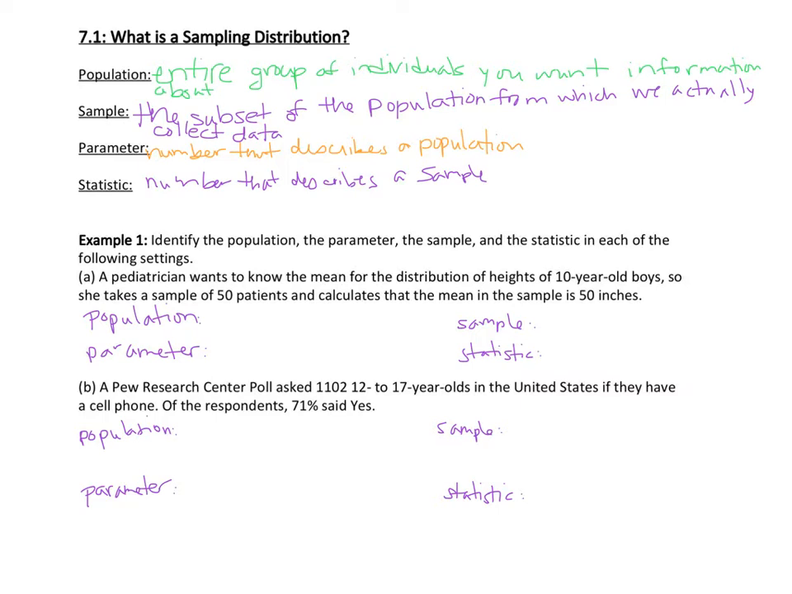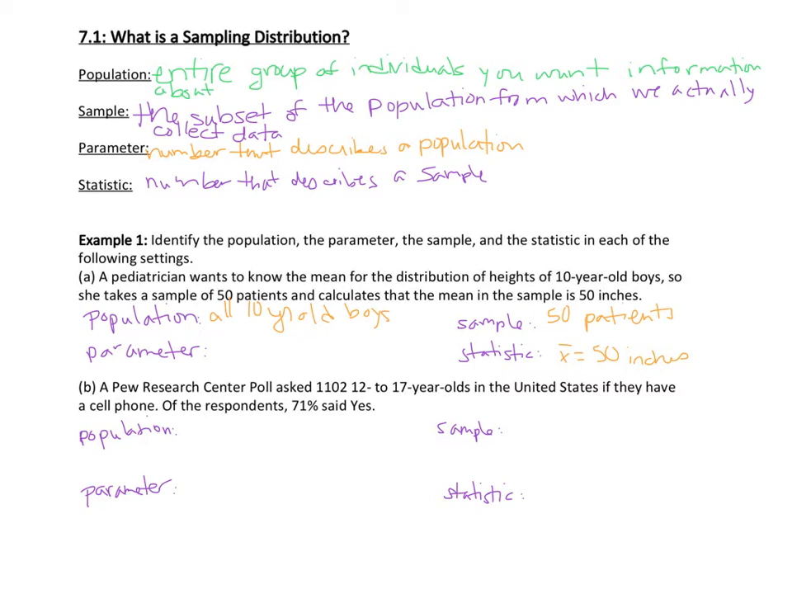The population is going to be all 10-year-old boys. The sample, however, is going to be the 50 patients that she actually asks. And the statistic is going to be the mean from the sample, which is 50 inches. And we are going to write that as x bar equals 50. I'm going to go over the notation in the next section, but I'll just show it to you for now. So then